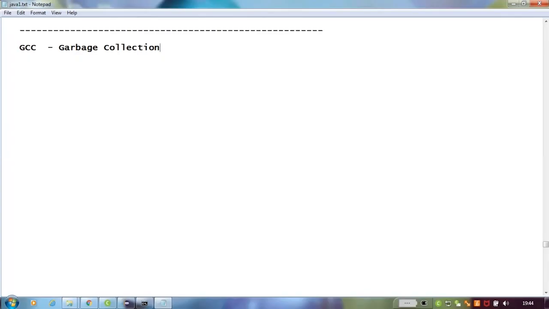Now, if you have worked on some other language or C++, then you will find that delete is a keyword that is used to deallocate the resource used by a particular object. Similarly, new is a keyword that is used to create a particular object from the heap, right? But in Java, if I want to delete a particular object, I want to deallocate the resource used by